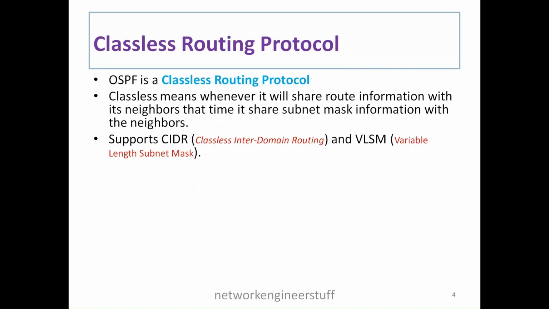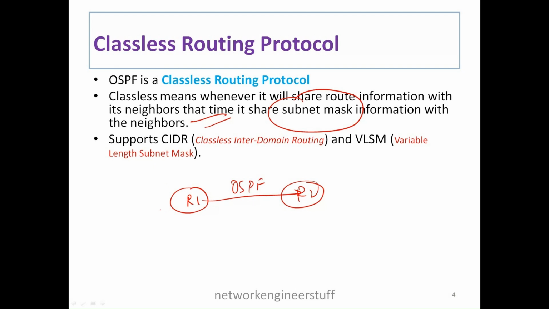The other point, OSPF is a classless routing protocol. So when we say classless routing protocol, it means whenever the OSPF router shares routing information with its neighbor, at that time it will share subnet mask information also with that neighbor for that particular routing information. Like, let's say this is R1 OSPF router, this is R2 another OSPF router, they are OSPF neighbors. Now if there's a route in the routing table of R1 and R1 wants to send the update of this particular route to its OSPF neighbor R2, it will send